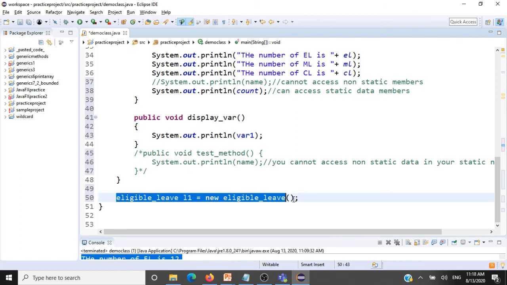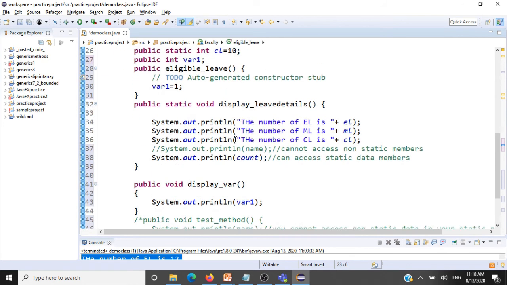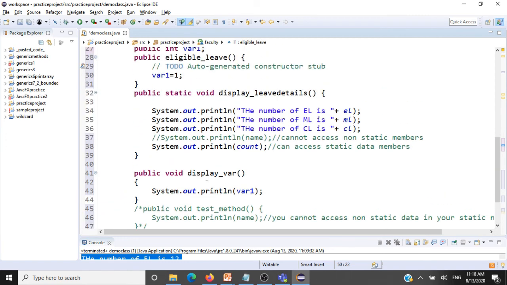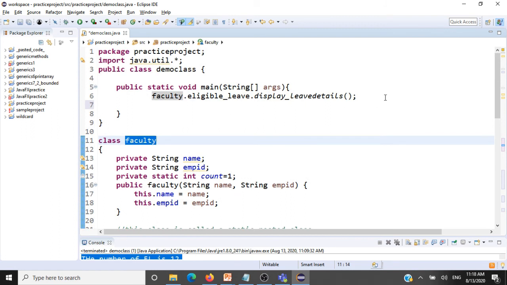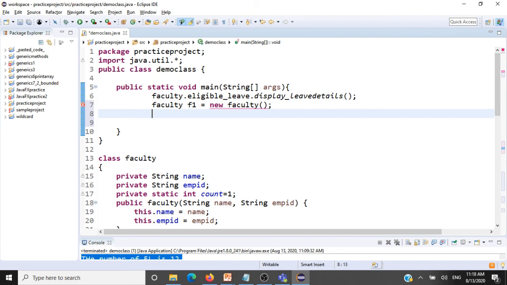So we have created an object of this static nested class here, and whenever you have an object of the nested class, you need an object of the faculty class. So we'll go and create an object of the faculty class here, that is faculty f1 is equal to new faculty, and then we'll pass the data, that is Satish and 222.